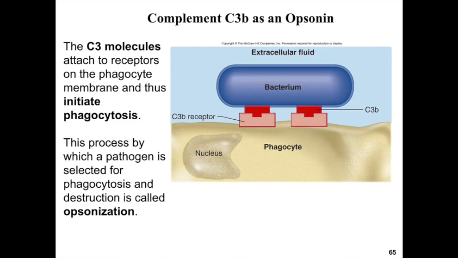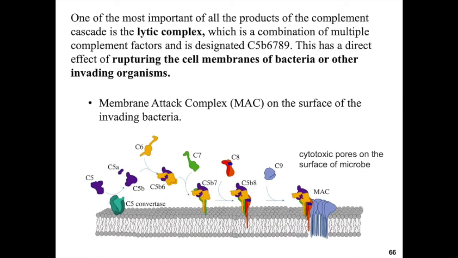The other aspect is the membrane attack complex. Once we have the cascade complete, we have the following complex, which is C5b6789. This is a complex of all those proteins that act essentially by creating a big pore onto the membrane. Well, what a wonderful way for you to review what the function of the membrane is, because if this